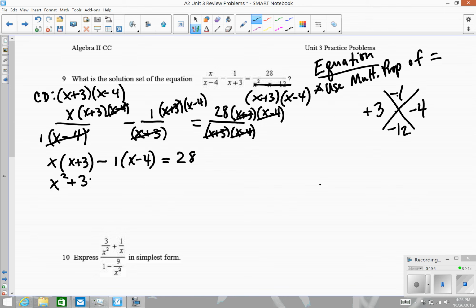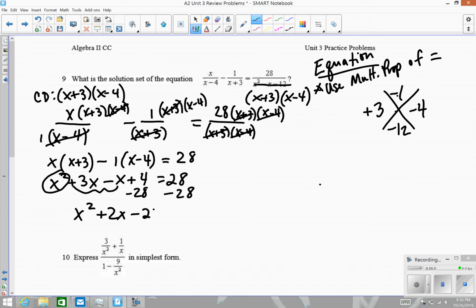I'm going to get an x squared plus 3x minus an x plus 4 equals 28. Looks like I've got a quadratic equation. I've got an x squared term here. So to solve a quadratic, I want every term on one side, and I want to set this equal to 0. So I'm going to subtract 28 from both sides, and I'm going to combine my x's here, leaving me with x squared plus 2x